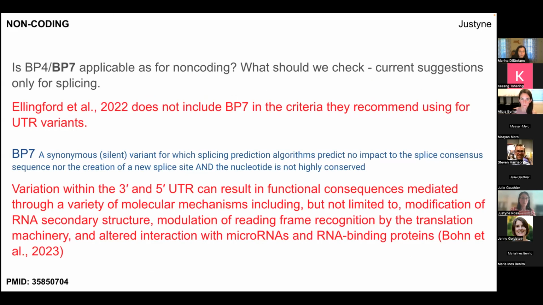And so BP7, to remind everyone, is for a synonymous or silent variant for which splicing prediction algorithms predict no impact to the splice consensus sequence or the creation of a new splice site, and the nucleotide is not highly conserved. So this really focuses on splicing as the potential mechanism where a synonymous variant could in fact be having an impact on the protein product,